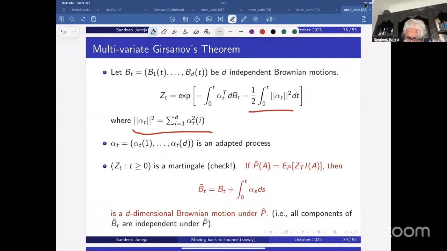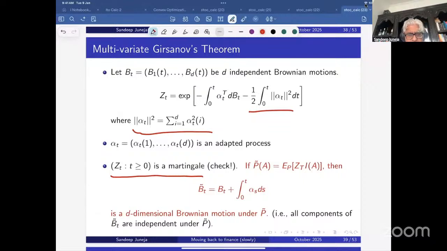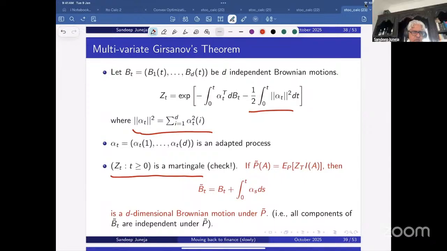Now you can apply Ito's lemma to Z of t. It's an exponential of an Ito process in d dimensions. And you can check that indeed Z of t is going to be a stochastic integral, a martingale. We saw it in one dimension. The same thing is true in multiple dimensions. In particular, it's going to be a mean one martingale. So I can define a new probability measure P tilde as EP of Z of t, I of A. And then Girsanov's theorem says that under this change of measure, B tilde t